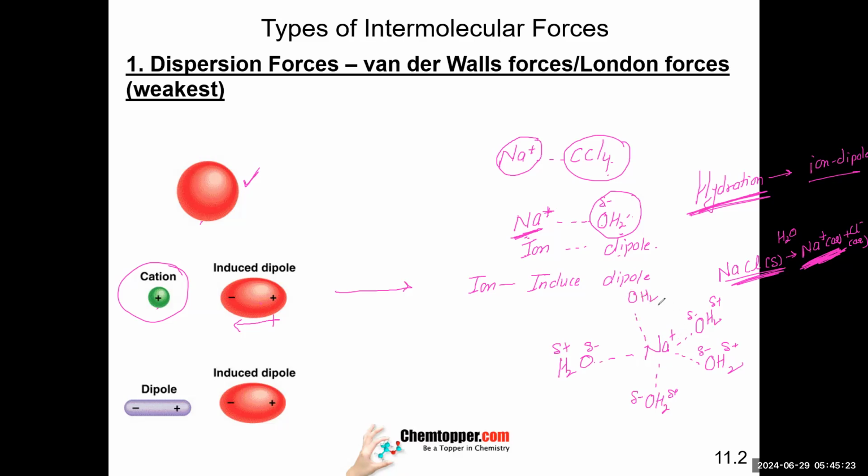This hydration, this process where each Na plus is surrounded by 6 water molecules like this, is it endo or exo? It is exothermic. So you remember we were doing delta H lattice. I told you the word delta H, right? H means heat, enthalpy. Yes, change in heat. So this is delta H hydration, which, according to our understanding, is always exothermic